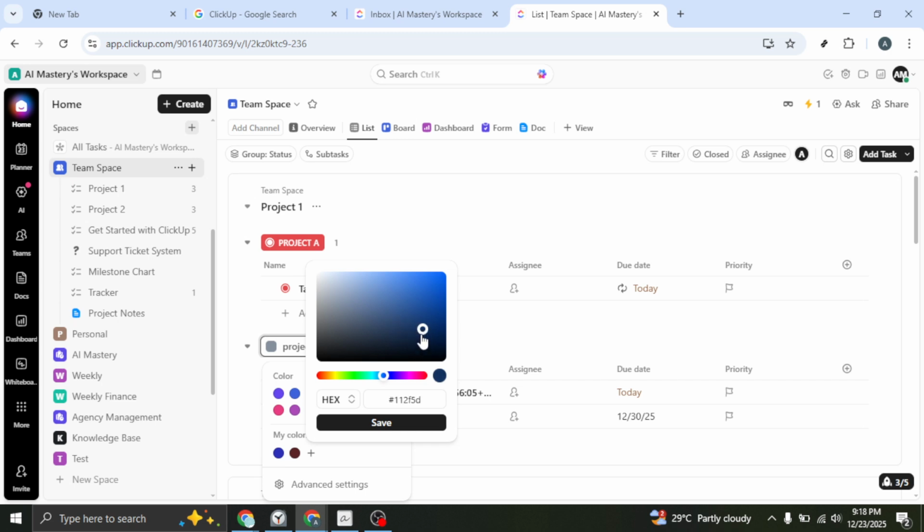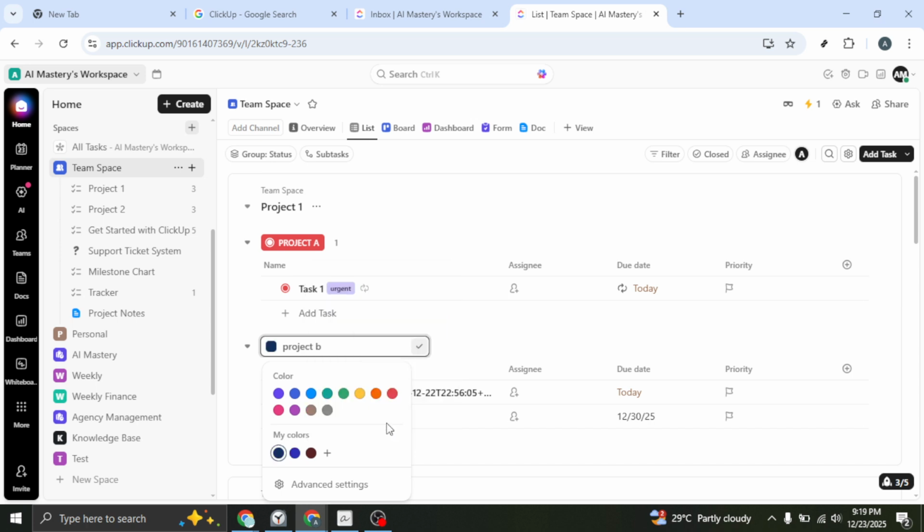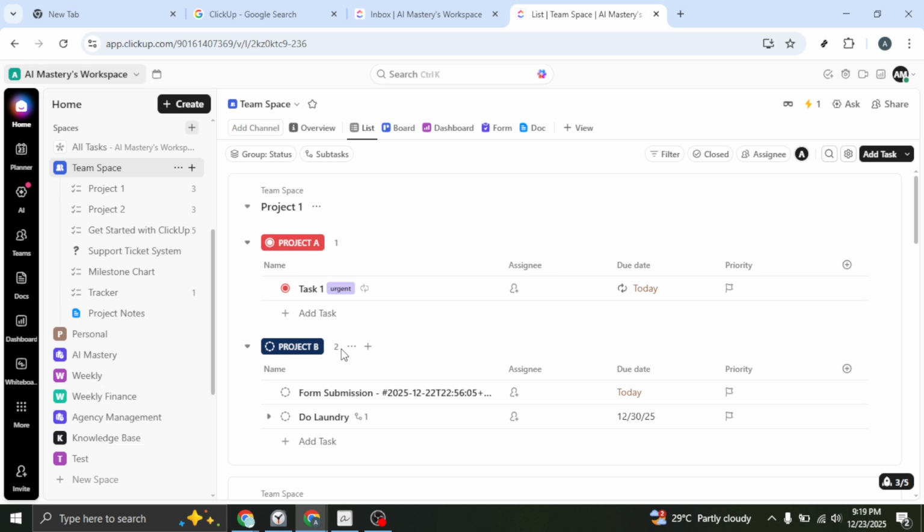You'll see a live preview as you drag the selector. So fine-tune it until it looks right on your screen and remains readable alongside your task title. When you're happy with the custom color, click Save. The task updates immediately with your chosen color, and that change carries across your views, helping you maintain a clear